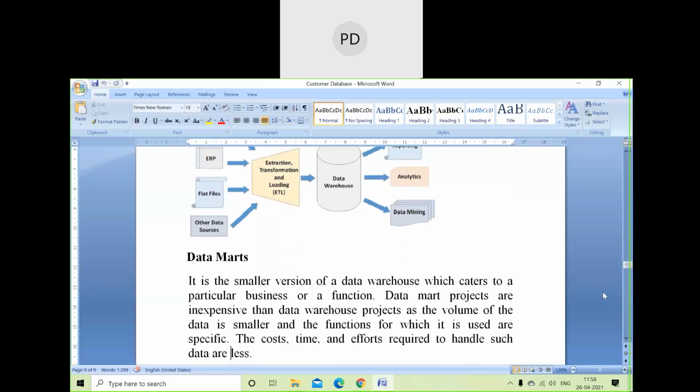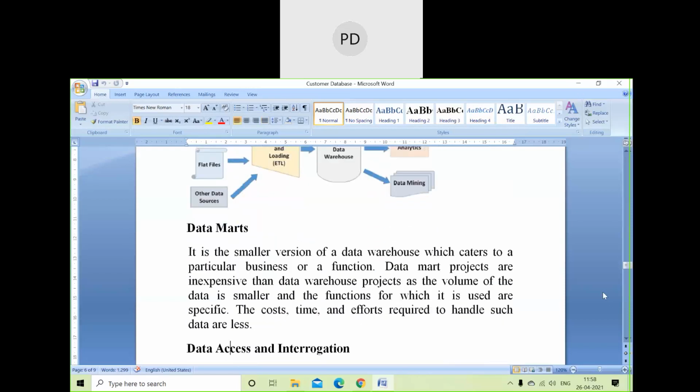Okay, so data marts are nothing but a smaller version of a data warehouse. Basically, a data mart is a small part of the data warehouse. Over here only relevant information would be there. So about a particular customer you are searching for data, for that particular person only the data is available in that data mart. So that is called a data mart. Or maybe in a data mart only one particular organization's data is available.